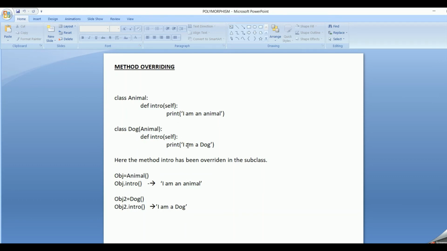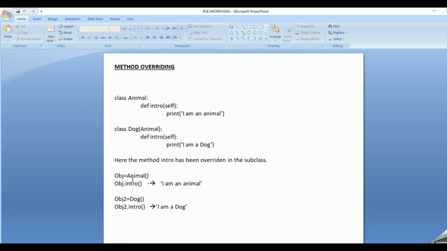So we can say I am a dog. So here the intro method in the base class has been overridden with a new implementation. This is called as method overriding. Here the method intro has been overridden in the derived class.